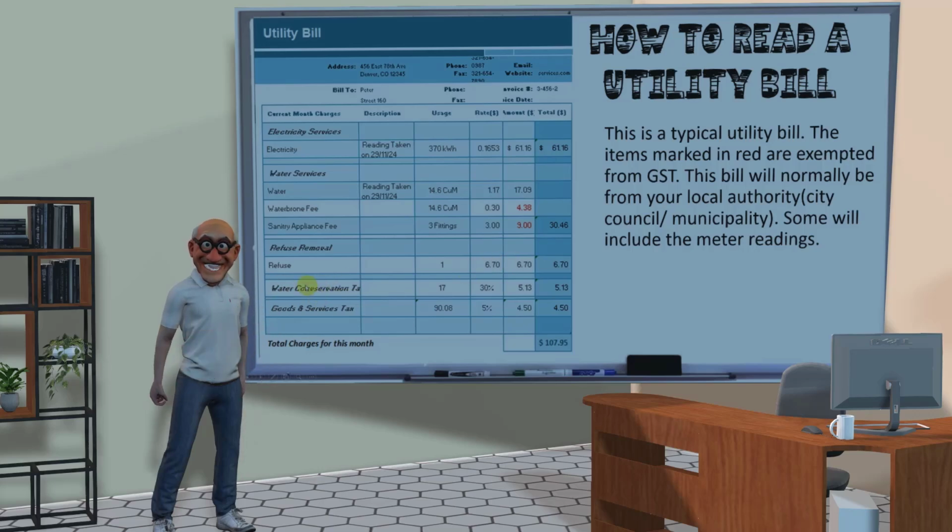And of course then the water conservation tax, which I was talking about just now, and then the GST. You'll see that the GST amount, if you add all those together, it won't work out because you must exclude those two over there to calculate the GST. Righto guys, this is basically how a very simple utility bill from your town council or your municipality will look